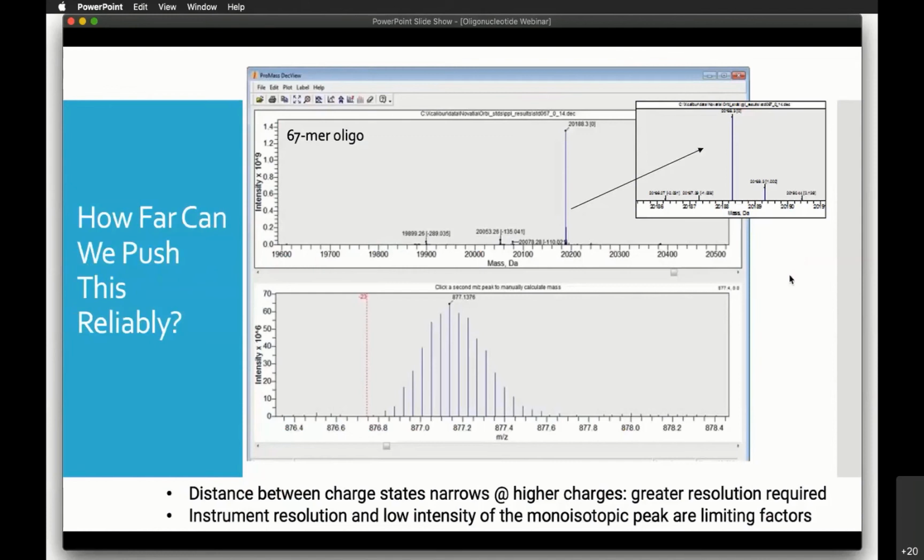So just as sort of an illustration of that, you can see this is a 67 mer. In the top right corner, I've just got sort of a zoomed in spectrum, and you can see there are a couple of artifacts around the main peak there. So this is sort of just starting to push the limits of the deisotoping here. And the bottom spectrum, you can see there, the monoisotopic peak actually looks like it's essentially being extrapolated by the data at this point. It's so small compared to the rest of the data and the isotope pattern that it's